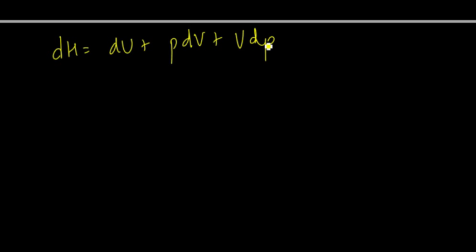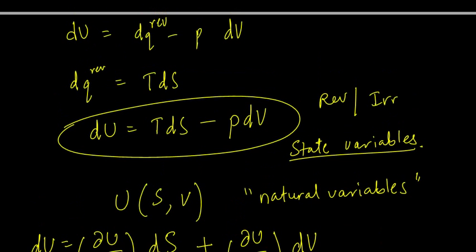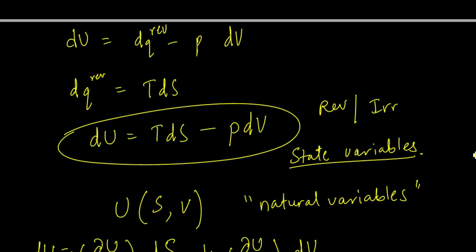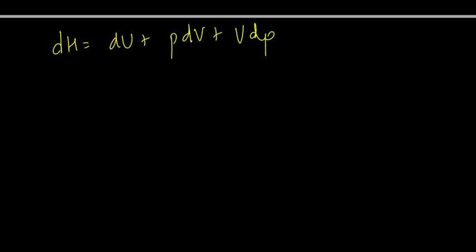And then I could invoke the second law now, where I already have dU equal to TdS minus PdV. I have already got this information, so I put this in. So TdS minus PdV plus PdV plus VdP, and these two just cancel out, so I'm left with